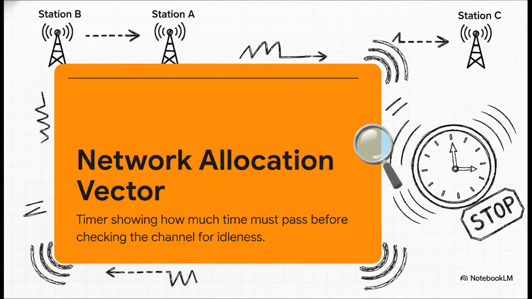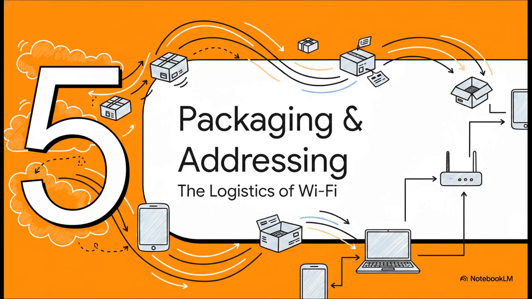To fix this frustrating hidden station problem, the protocol uses something incredibly clever called a network allocation vector, or NAV. When Station B sends that initial request to send, Station A replies with a clear to send that broadcasts the exact duration of the upcoming transmission. Now, even though C couldn't hear B, it definitely hears A's response. Station C then sets its internal NAV timer. Think of it as an invisible do not disturb clock. It knows exactly how long to stay quiet and refrain from transmitting until the conversation between B and A is completely wrapped up.